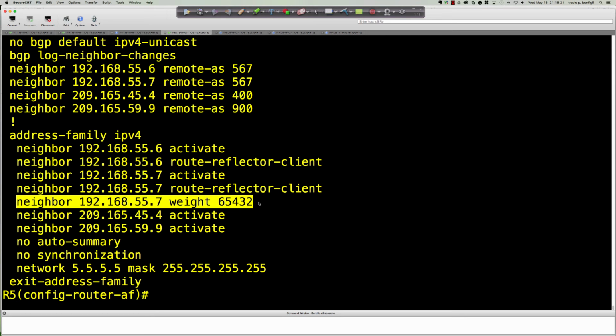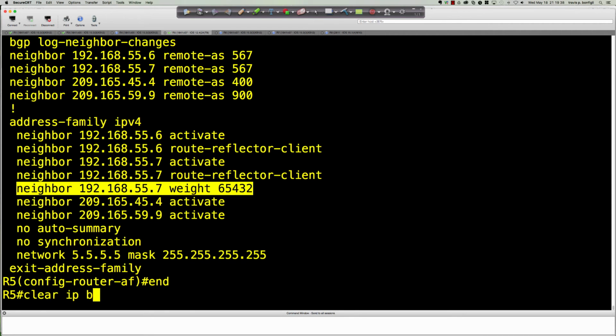So what is that going to do? Exactly. That's going to influence my outbound. And when I say outbound, out from my autonomous system 567, I'm influencing how we're going to exit on router 5. So let's go ahead and say clear IP BGP